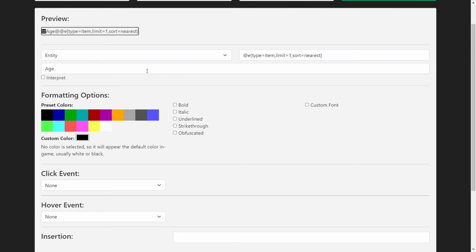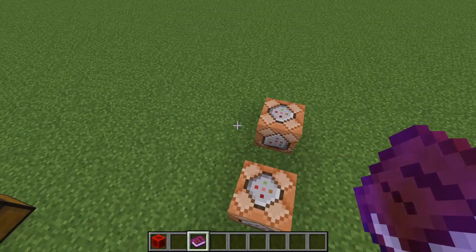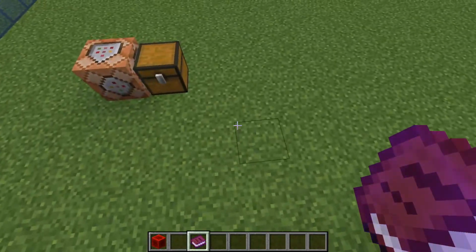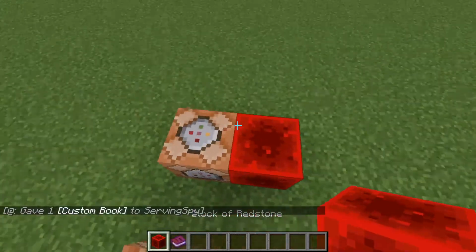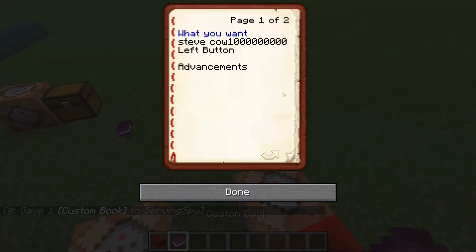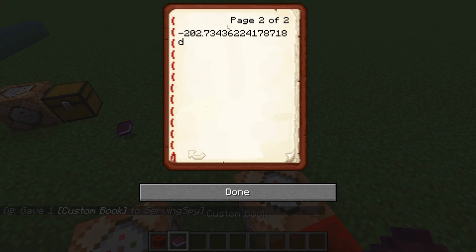Actually, the age is how long it's been on the ground for, how many ticks, I think. So instead, I am going to do Pos[0], which is the x coordinate. Now I can drop down the book anywhere I want, and then activate this, giving me this. I put it on the second page, so I'm going to flip the page. Apparently the x-coordinate of that book is